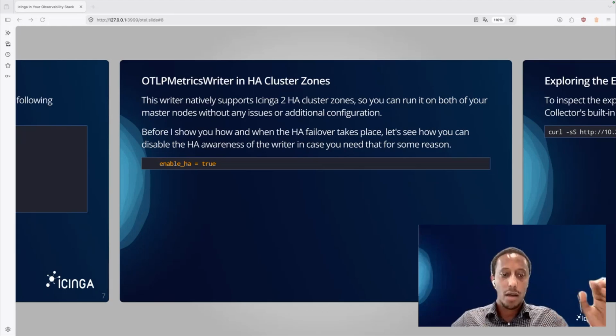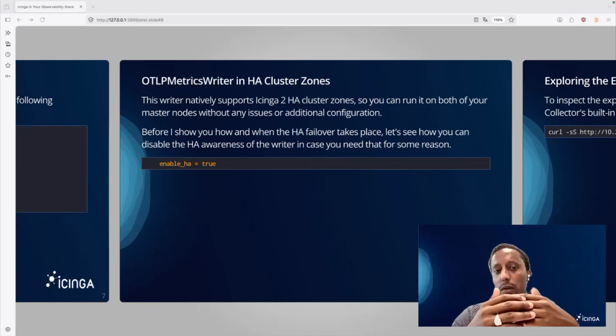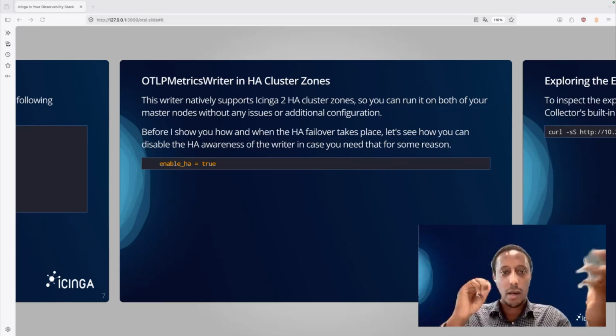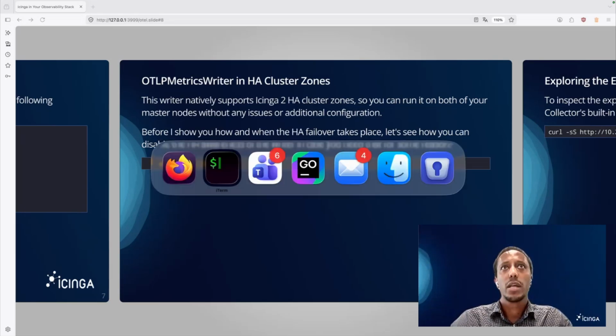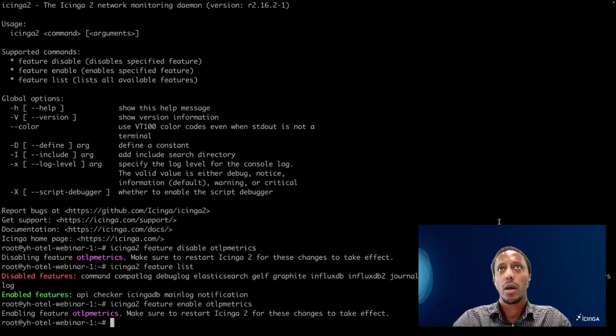Meaning as long as the JSON RPC connections between the two Icinga 2 endpoints are healthy, there will be no HA takeover for this OTLP-metricsWriter, even if the active one cannot connect, for whatever reason, to the configured OTLP backend. And for this, I want to simulate using iptables how we can